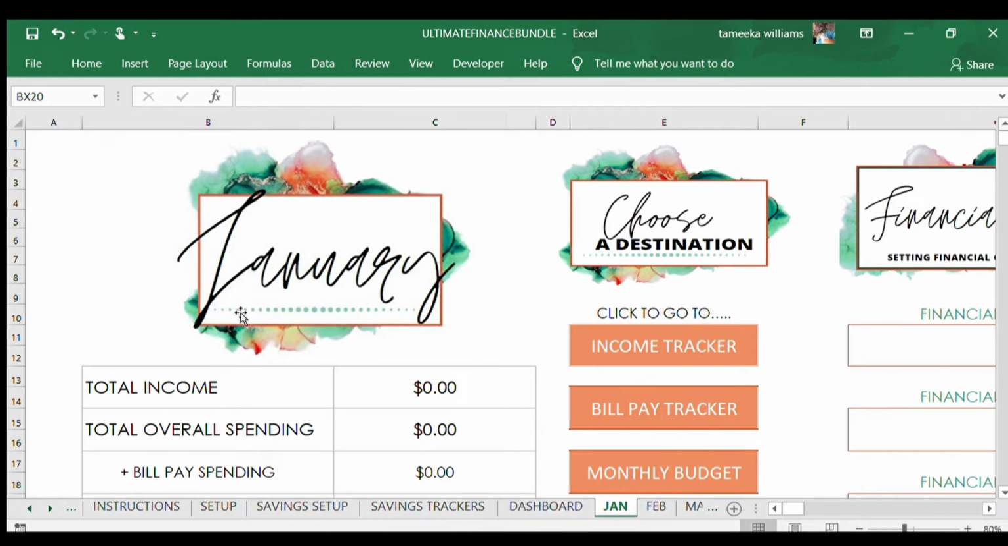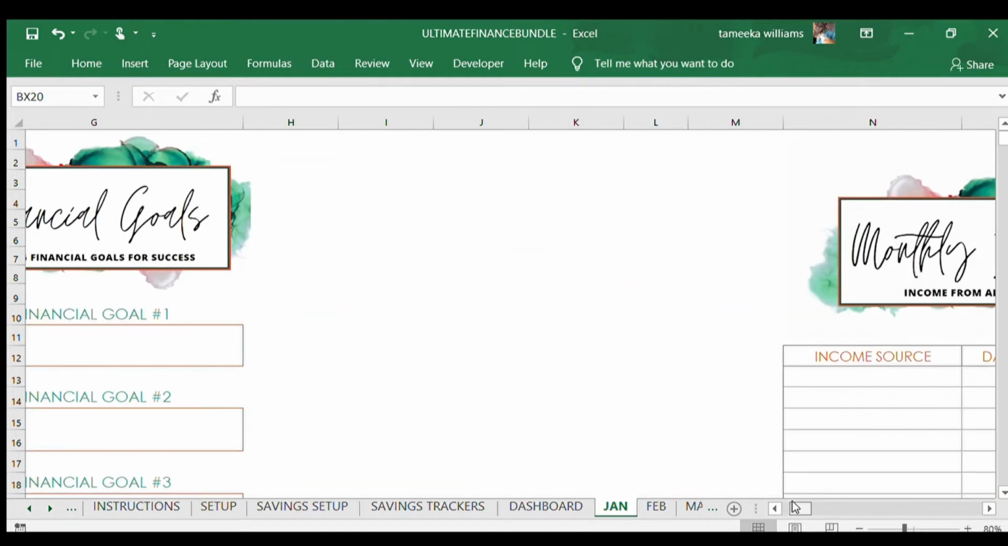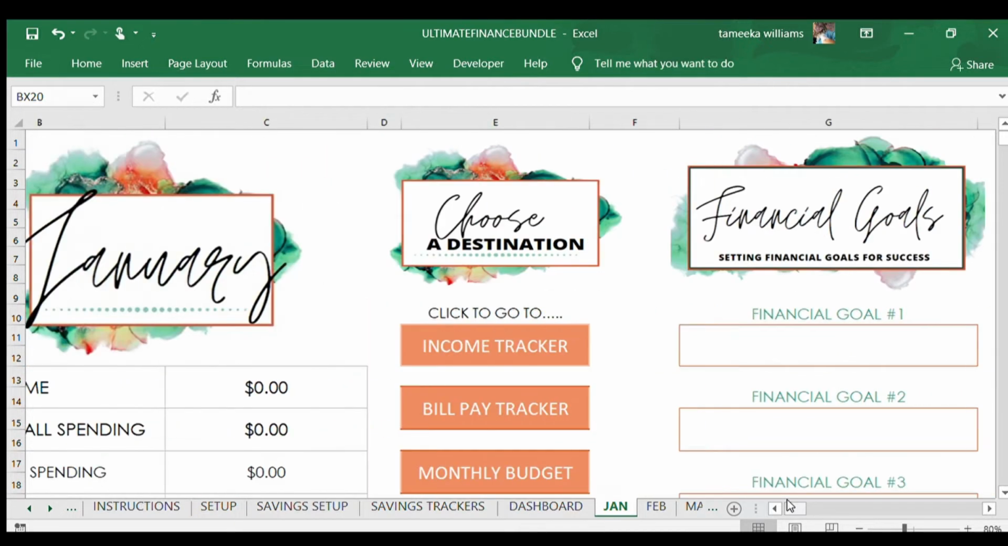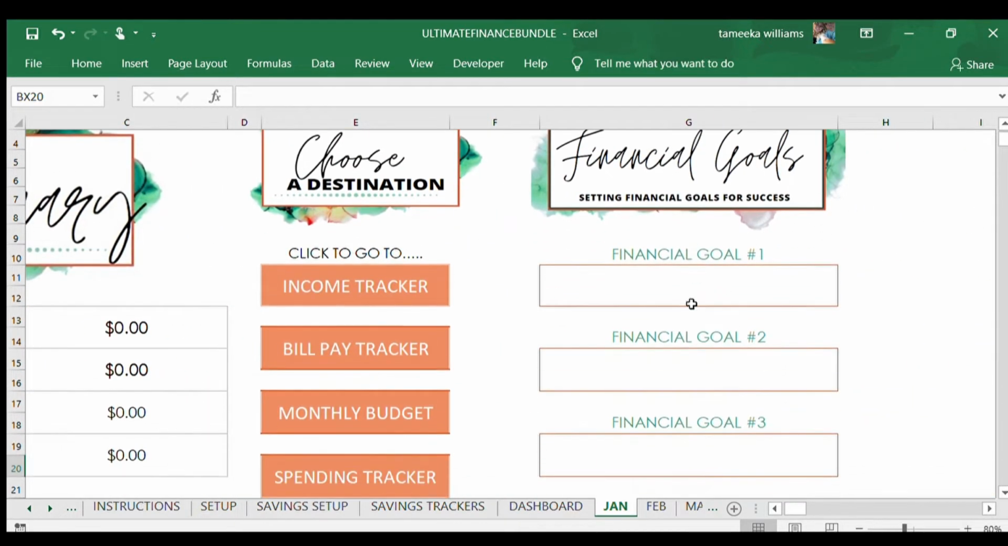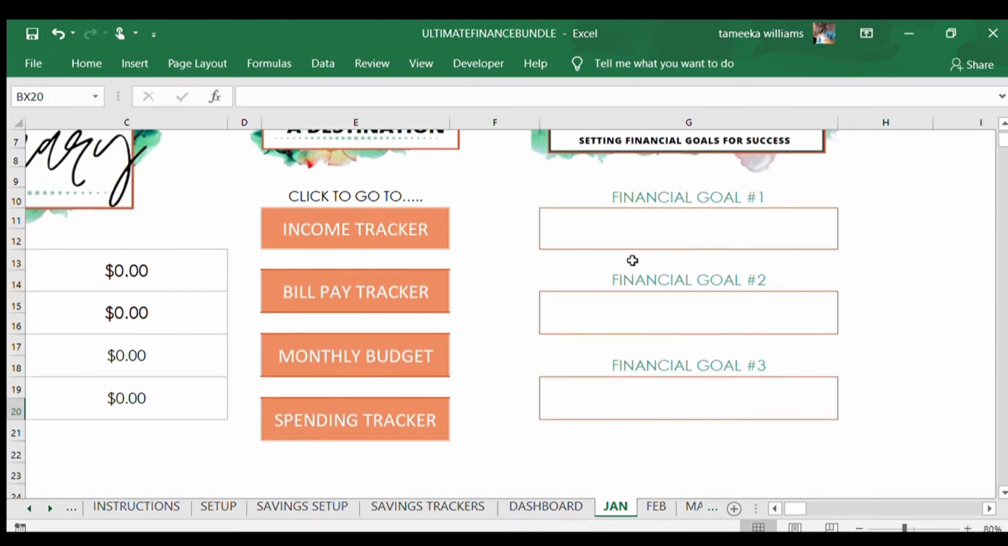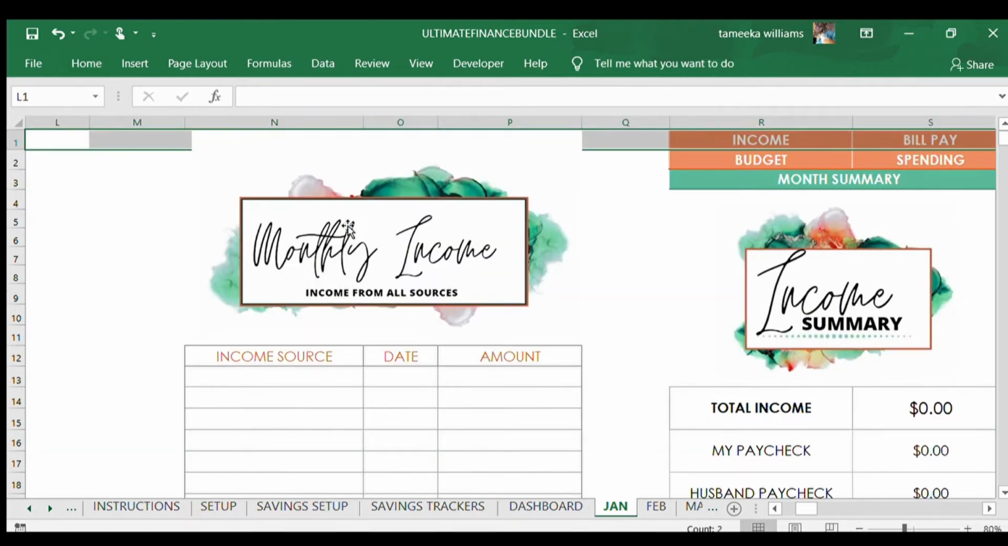Okay, so we're going to actually hit this after we're done so you can see everything entered. Now, you can start by entering your financial goals if you'd like right here. There's space for 3 of them. These really have no bearing, so they're optional, but I think they're really helpful to see what you're working towards each month. So I want to start by going to the income tracker, so I'm going to press that button